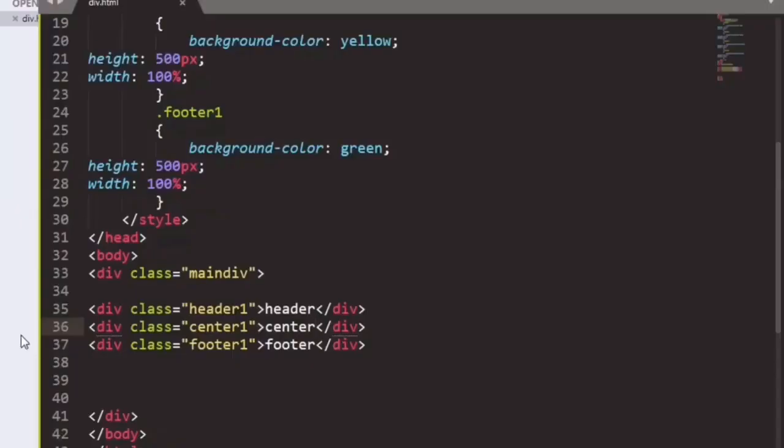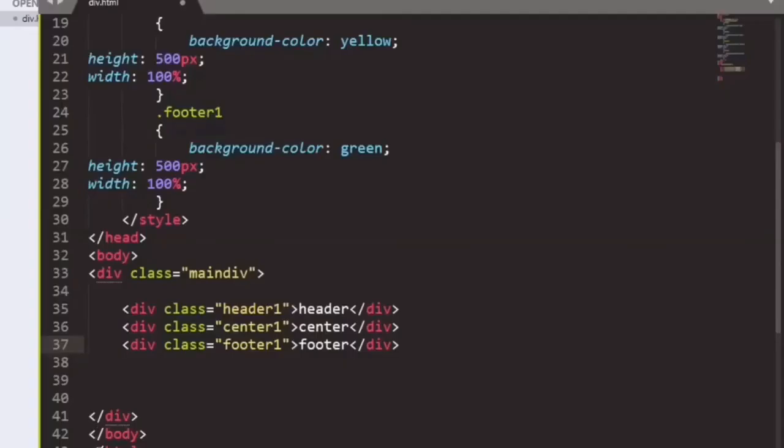So in this manner we can create our div in any style or layout. So in this way you can rearrange your format so that it could be understandable.